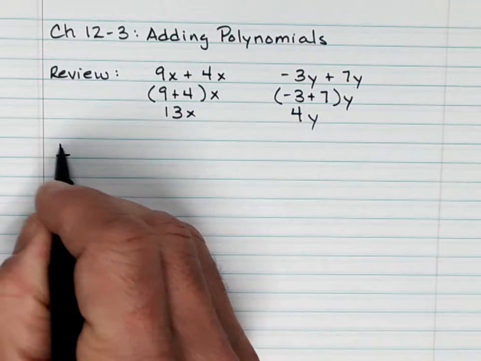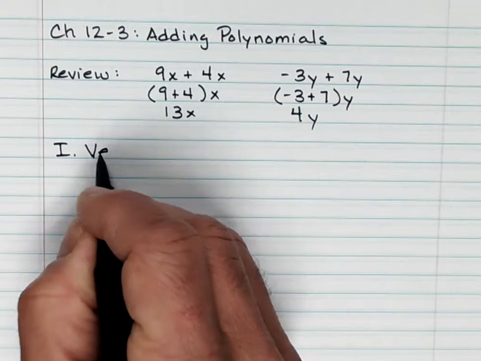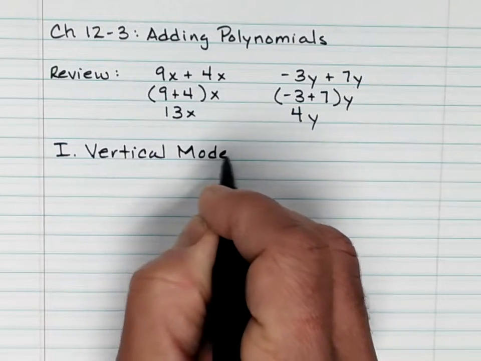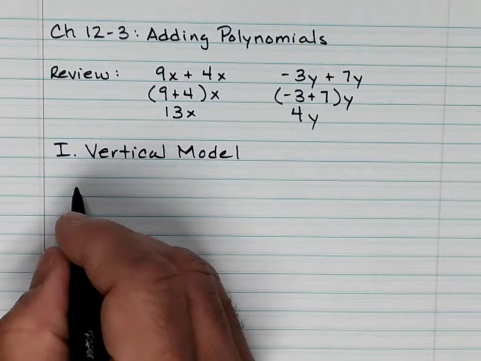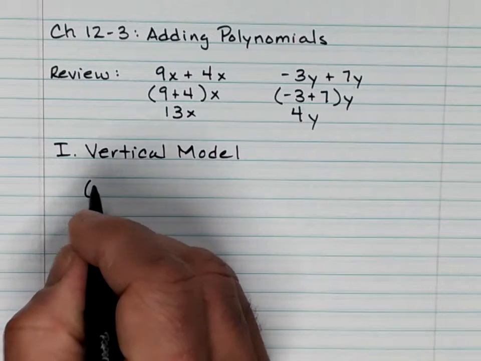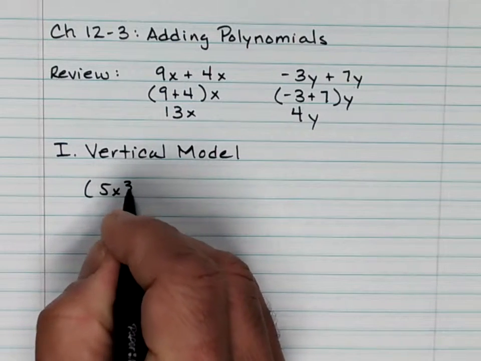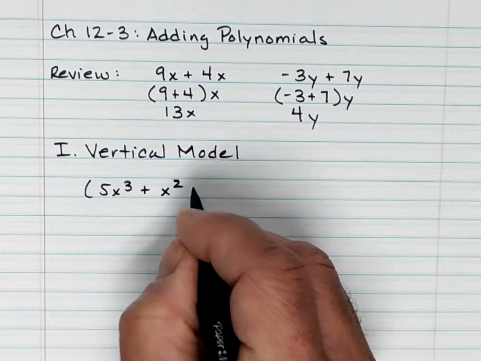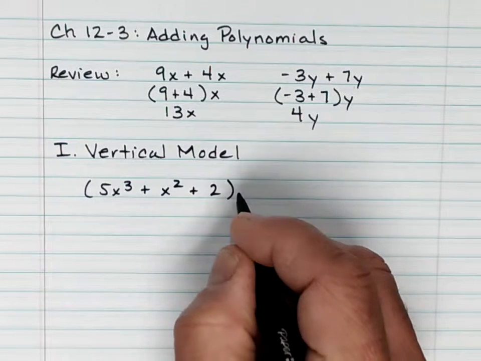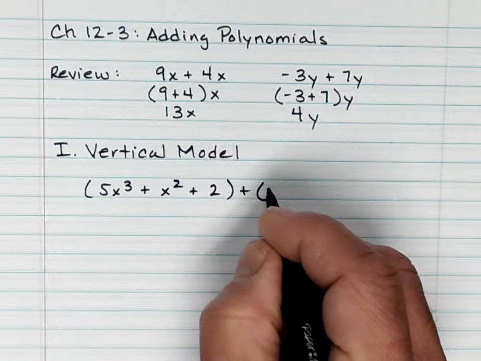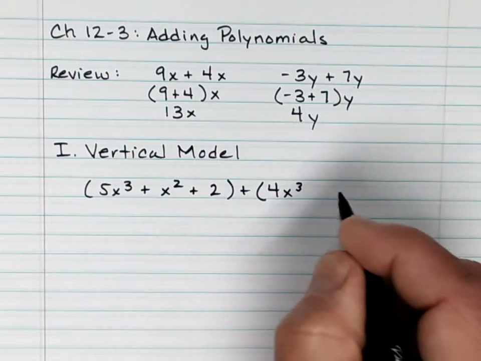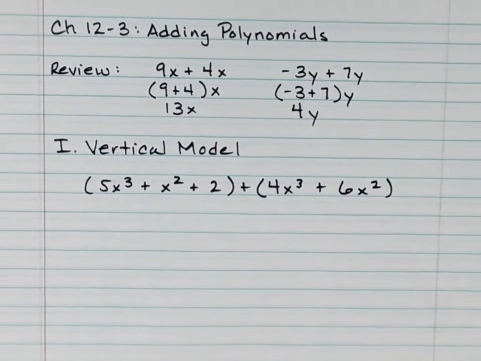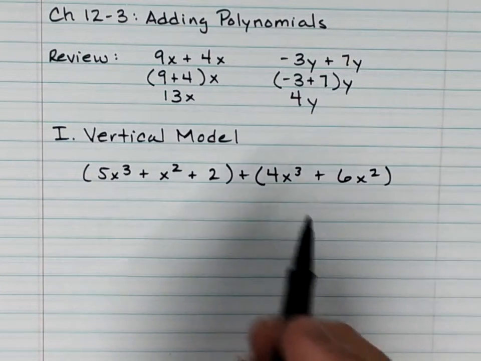So here we go. Adding polynomials. This is going to be the vertical model. So we've got 5x cubed plus x squared plus 2 plus the quantity 4x cubed plus 6x squared. So what we're going to do here is we're going to match up or combine the like